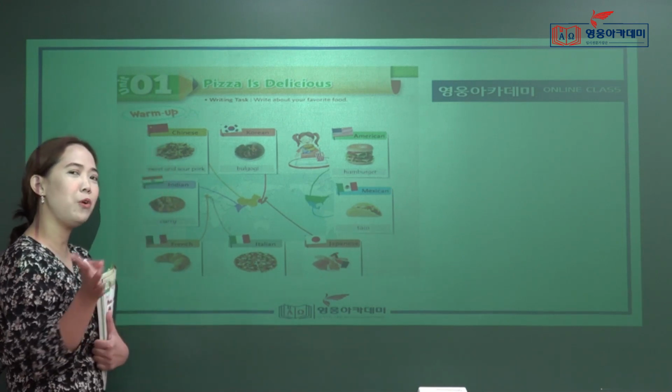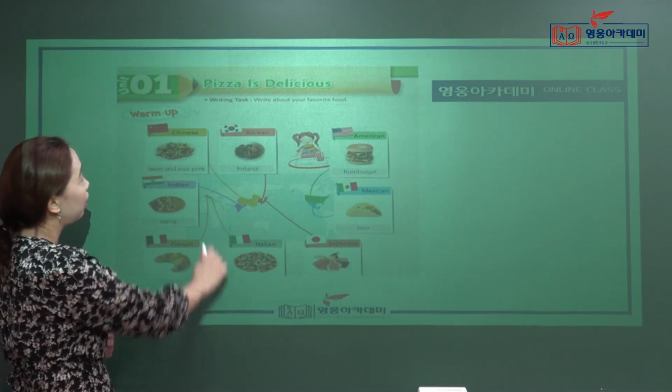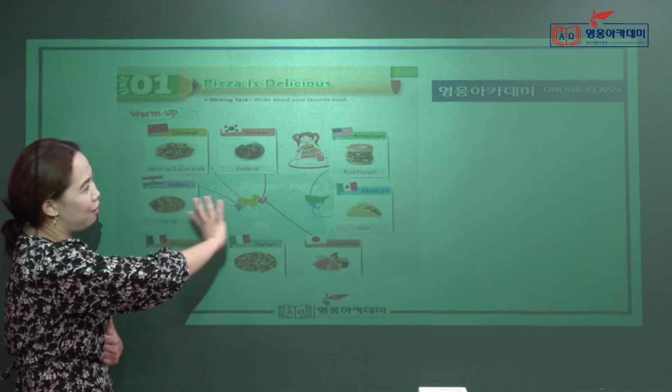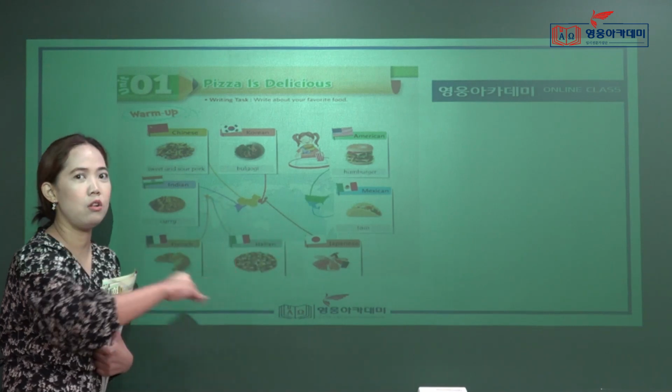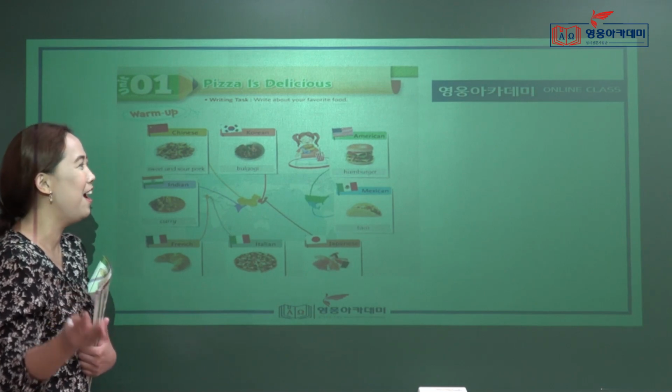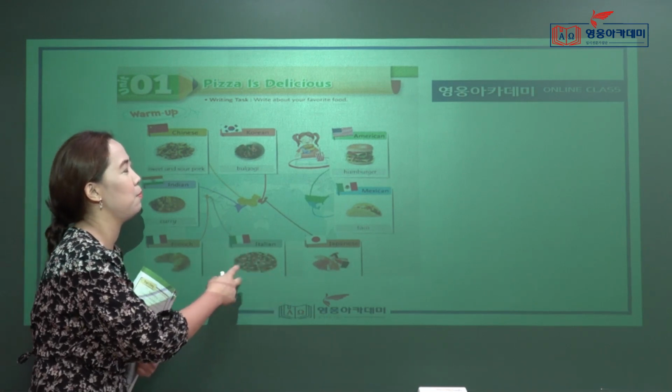All right, now before we go to the writing part, first let's talk about the words here in the warm-up. You can see here a lot of pictures and they are all food. Do you guys feel hungry right now? Okay, all right, now let's talk about this food, but before that,